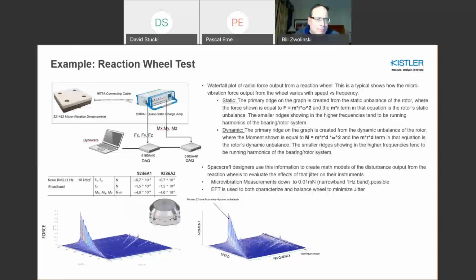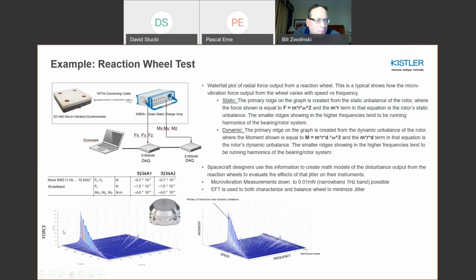This is a typical setup that you would find in terms of a reaction wheel test. And we talked about this microvibration dyno. It's a ceramic top plate dyno, really optimized for high frequency. There's very good noise profiles in terms of broadband RMS noise, less than 1 millinewton, and certainly less than 1 millinewton meter as well, on the order of 4/10 over a broadband frequency of up to 10 kilohertz. And what you see here is examples of a static imbalance and a dynamic imbalance, where you're actually doing